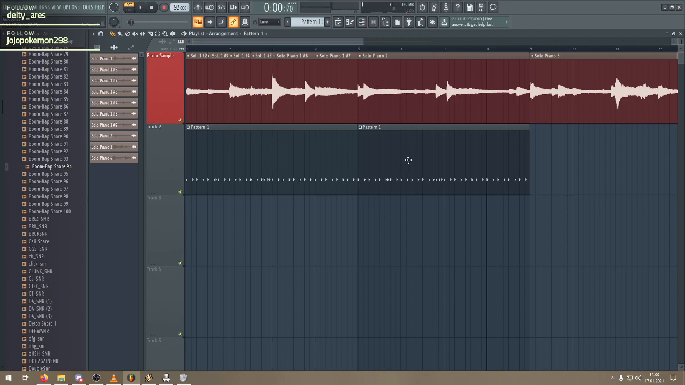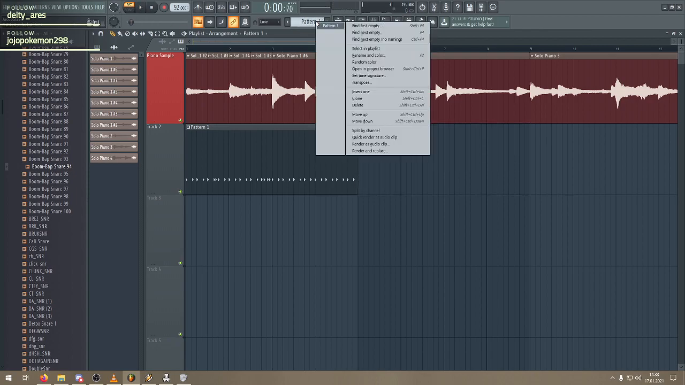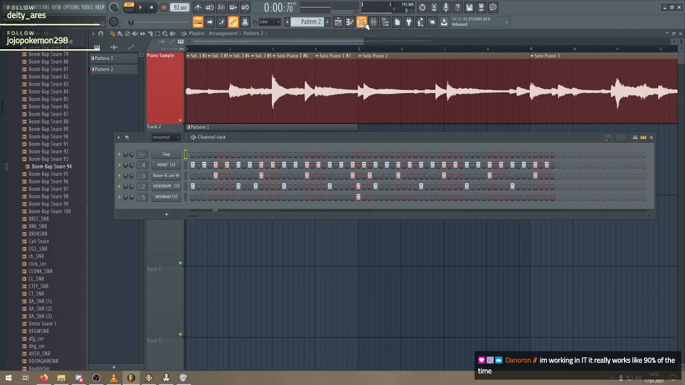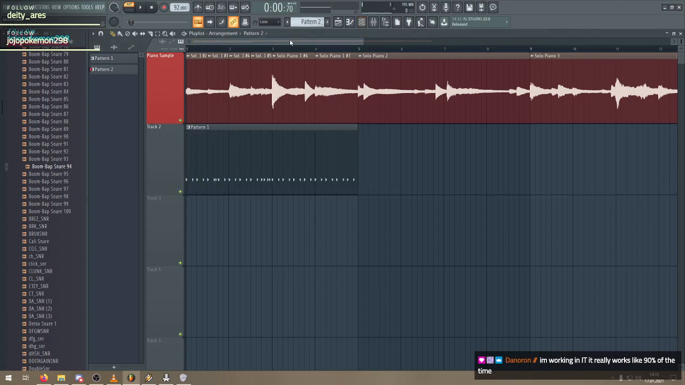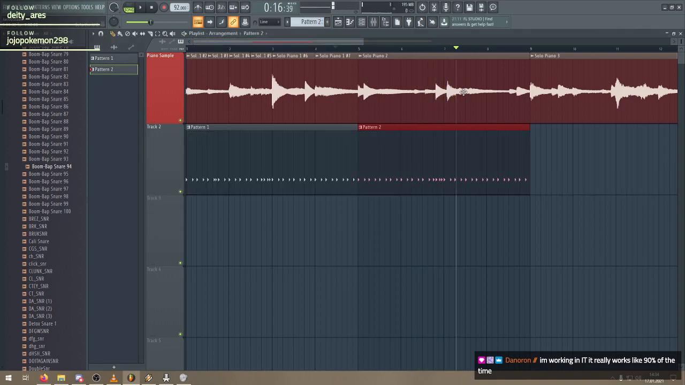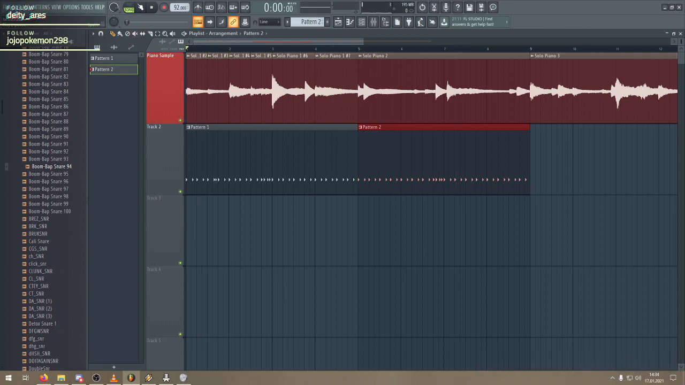Alright, this is a place where we're going to change the pattern. Let's go ahead and clone this to this. So pattern 2 here. Okay, this of course is a place where we have to put the sample together again, so it works with the